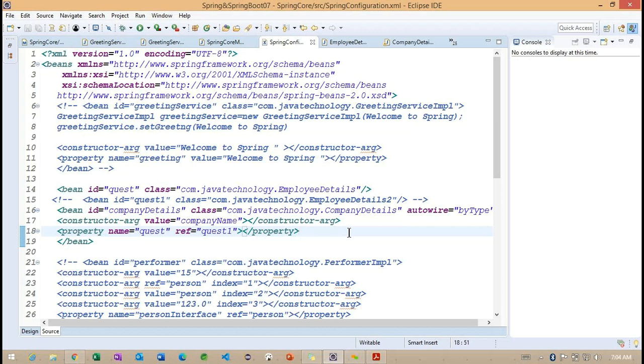Do I need to consider by name or by type, or the explicit property type that you are defining? So which one needs to be considered? Observe, when we provide this explicitly, like employer details, what happens internally? Which one is going to take priority?